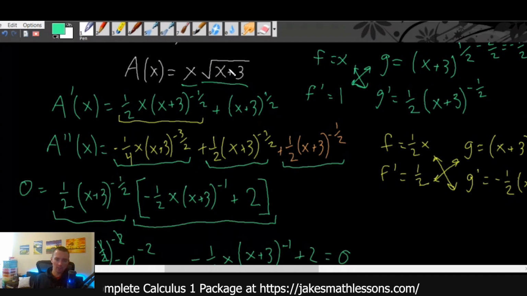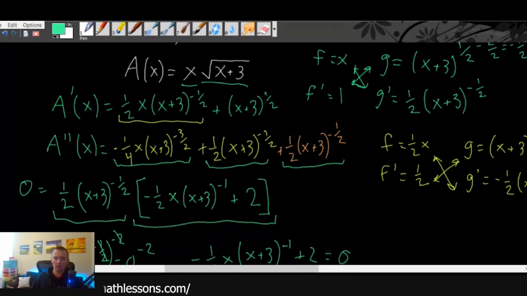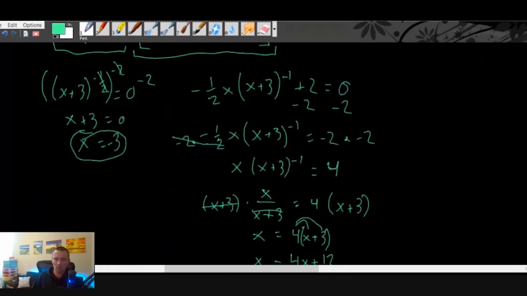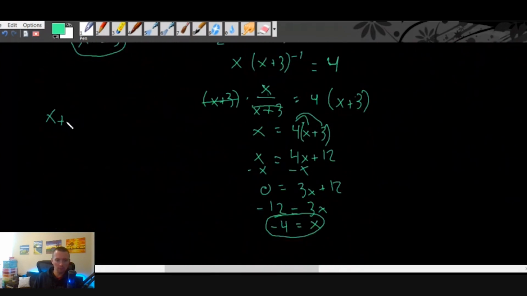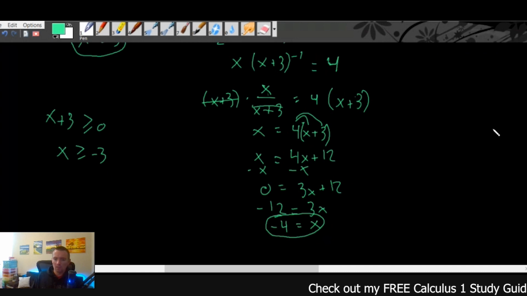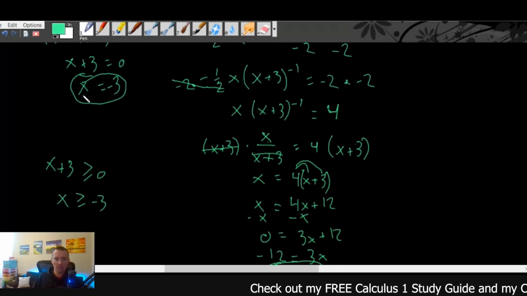So basically what that means is any x value that makes what's inside the square root negative is not a part of the domain. We can't actually plug that in. So when we're looking at this function, we need to remember that x plus 3, what's in the square root there, has to be greater than or equal to 0. So basically x has to be greater than or equal to negative 3, which means this first inflection point we got,